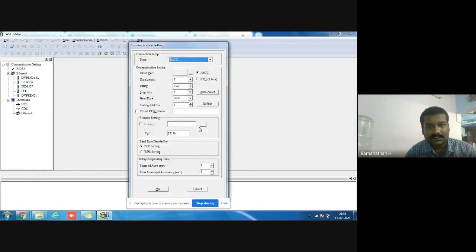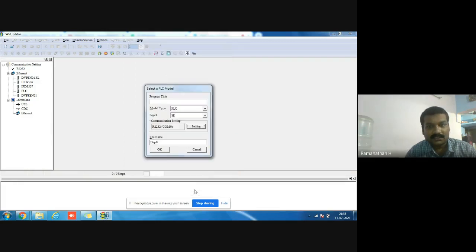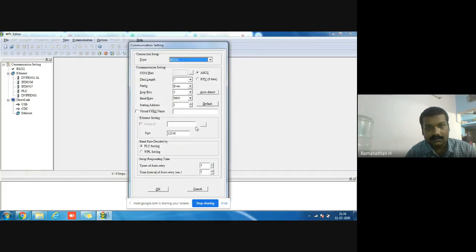Then communication settings. At the time of choosing the PLC itself, we know what the communication is. For example, here I choose another one, SV2. Same thing, what are the communication settings there?